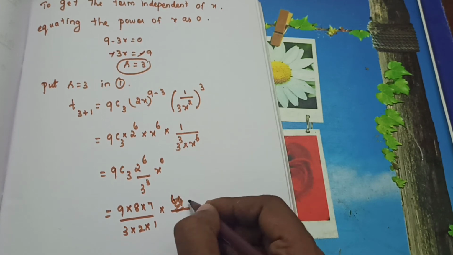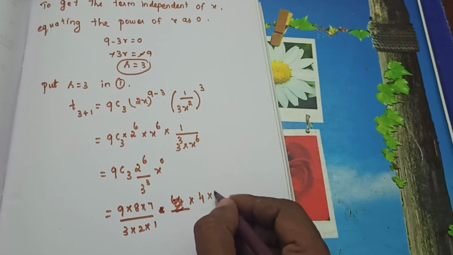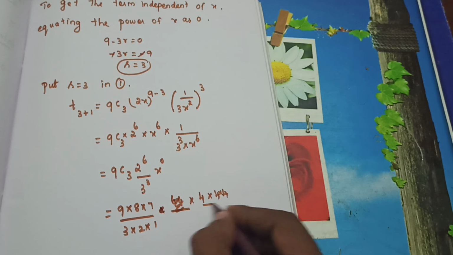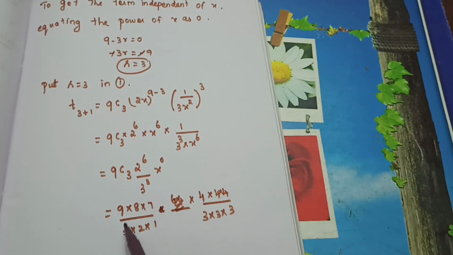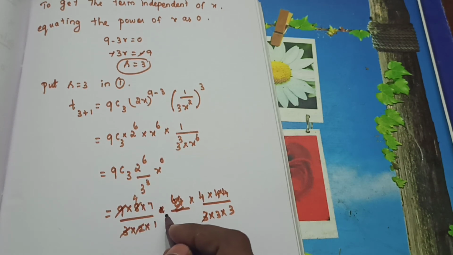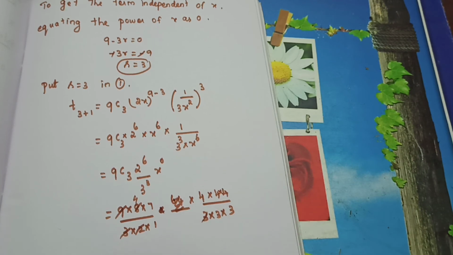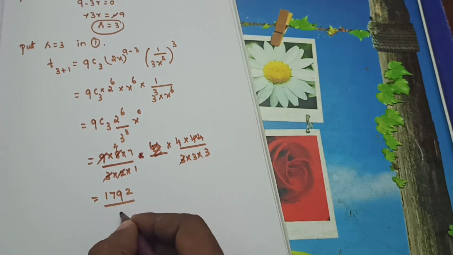Otherwise it will be very easy when you are writing like this. That is 2^6, you can write as 2 twos are 4, okay, 2 square. So again 4 into 4 into 4 you will get. 3 also you can write like this and it will be easy to multiply. Okay, so you can cancel. This 3 and this 3, one 9 will get cancelled. So again anything you can cancel? So here you can cancel. How much will you get? You can't cancel anything. Okay, so when you multiply the numerator you will get 1792 divided by 9.